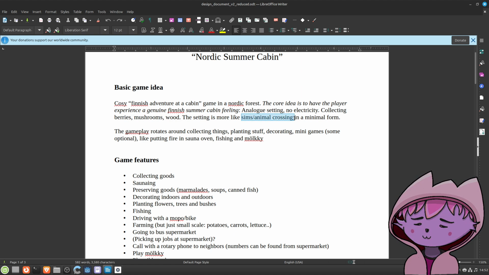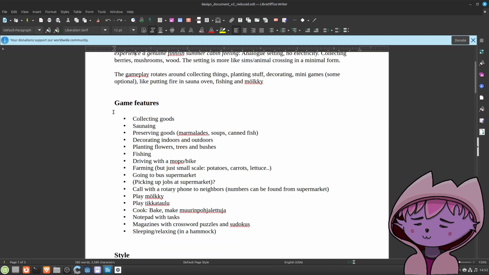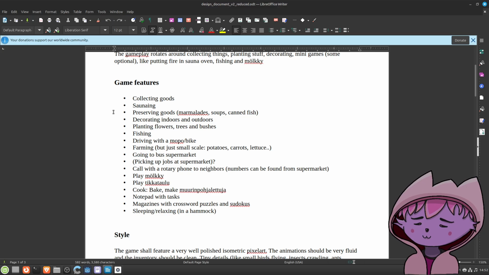Like a mixture of Animal Crossing sims. The current scope is kind of smallish, so I decided this is not gonna be a big game like Stardew Valley or Stardew Valley clones.